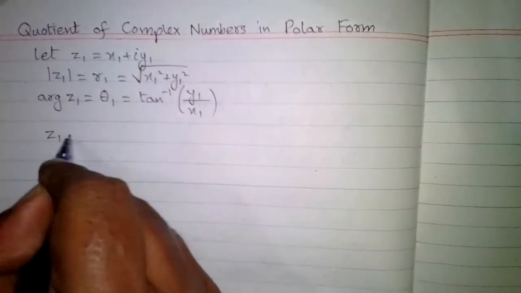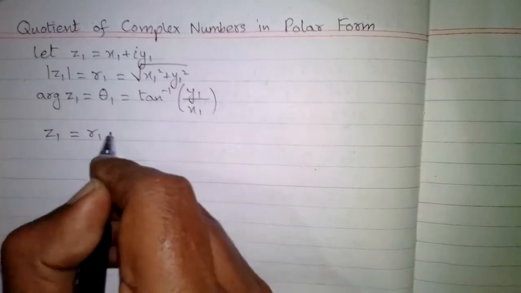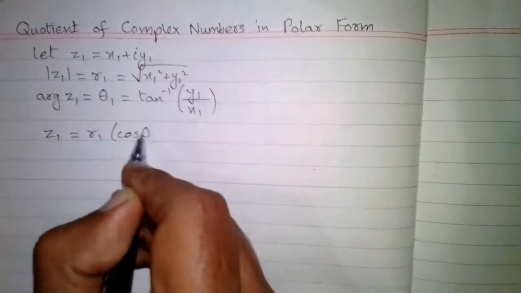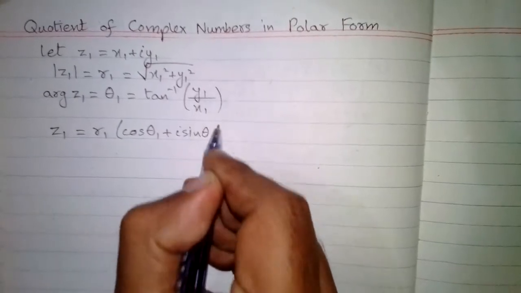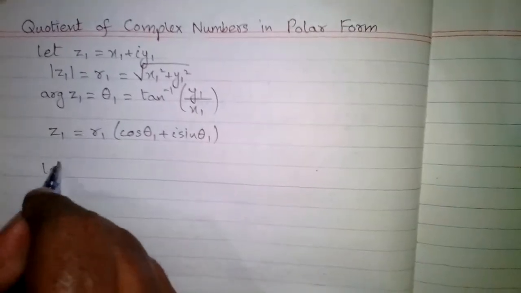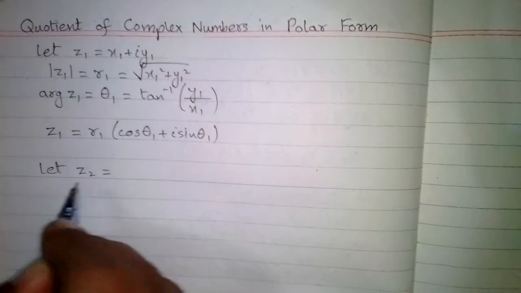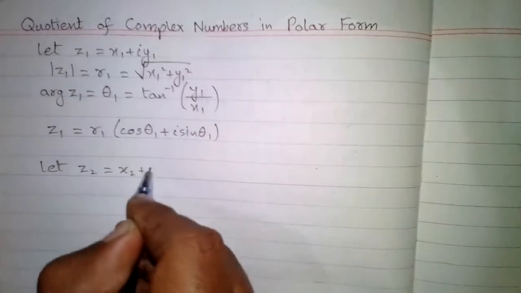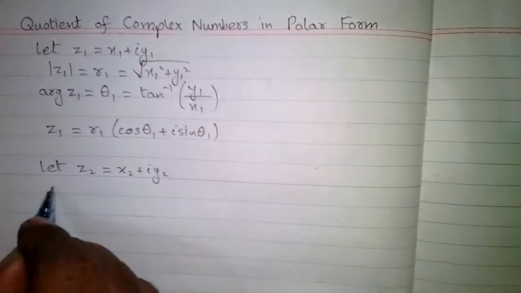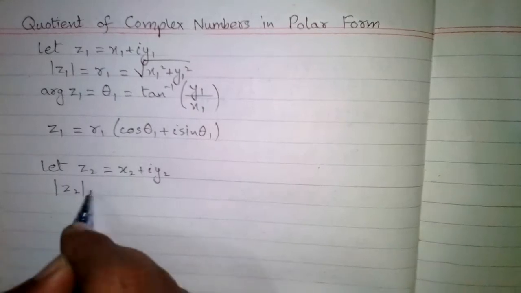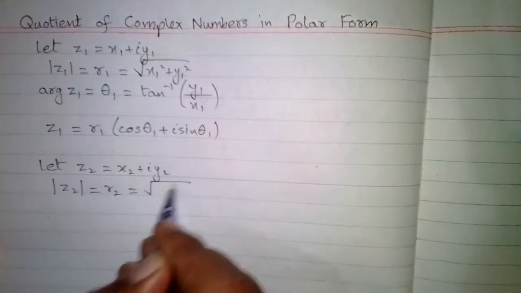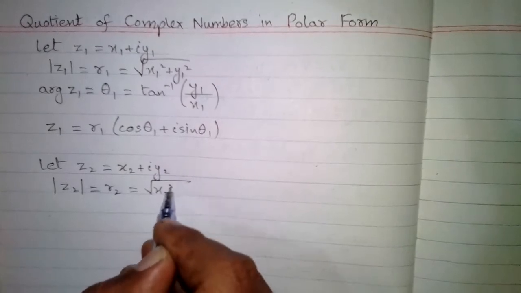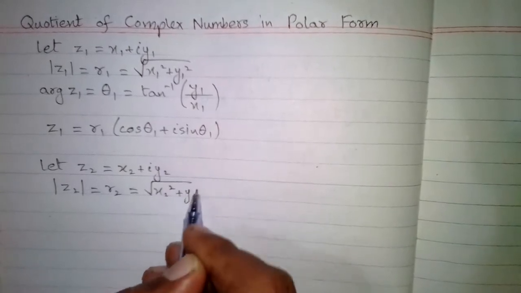So the polar form of z1 is equal to r1 times cos of theta 1 plus iota sin theta 1. Now let z2 be another complex number x2 plus iota y2. So the modulus of z2 is equal to r2, which is equal to square root of x2 square plus y2 square,